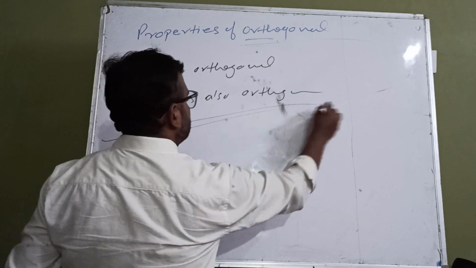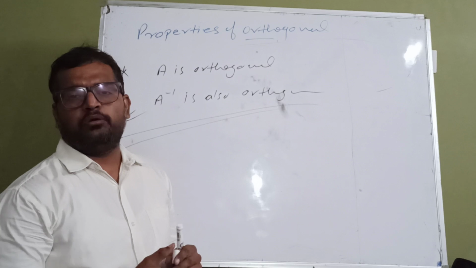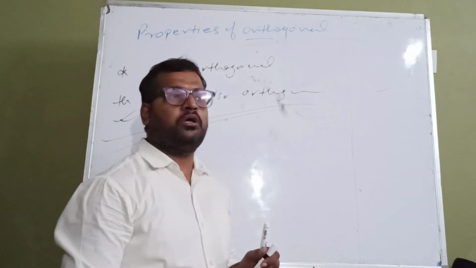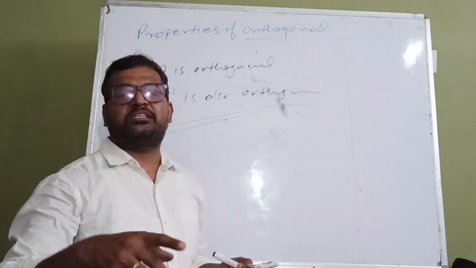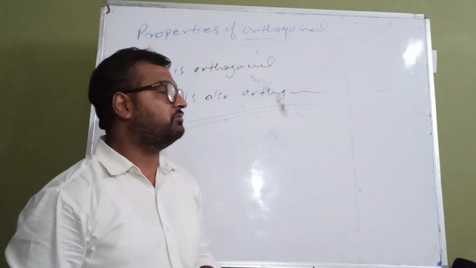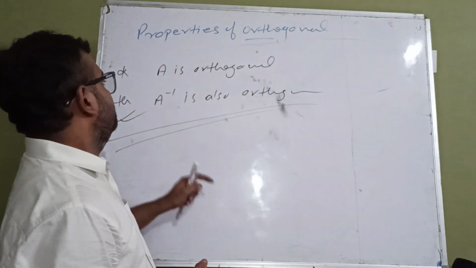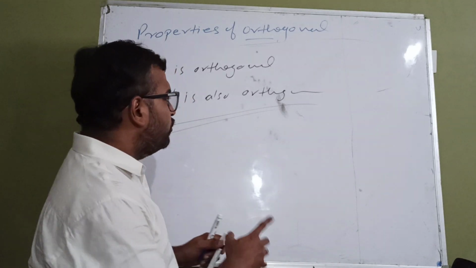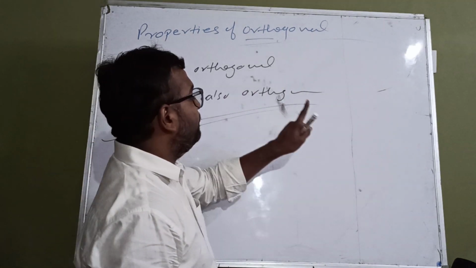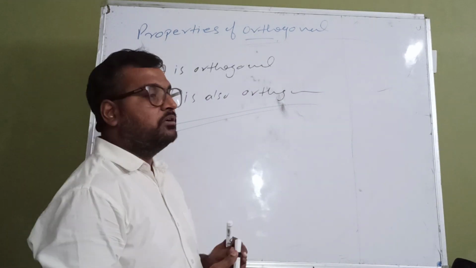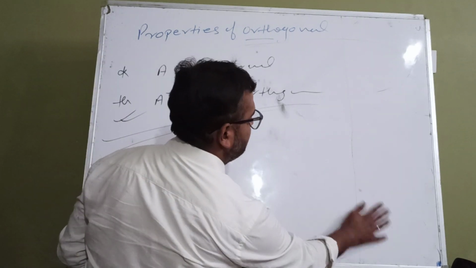So now what have we discussed in this lecture? We have discussed the triangular matrix, upper triangular, strictly upper triangular, lower triangular, strictly lower triangular, the minimum number of zeros in a triangular matrix, the maximum number of distinct elements in a triangular matrix, the orthogonal matrix, and the properties of the orthogonal matrix. Now one more video is required. We have to discuss in the next video the idempotent matrix, nilpotent matrix, and trace of a matrix. The 3 or 4 points are remaining here. We will discuss in the next video.